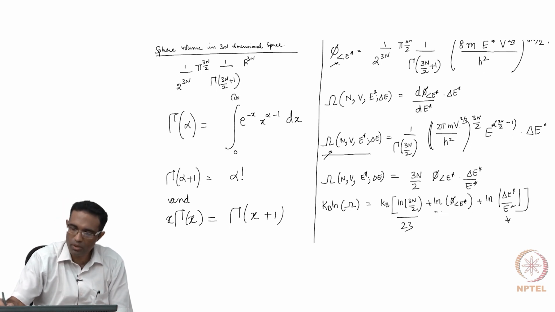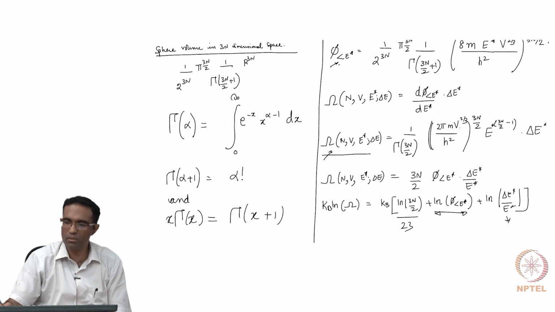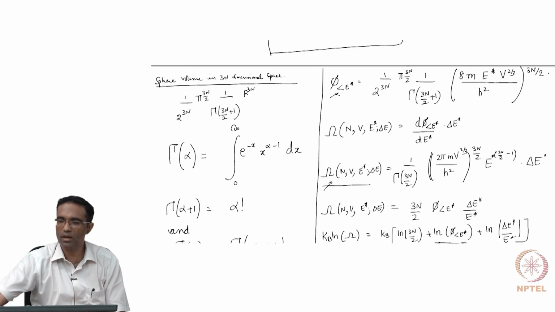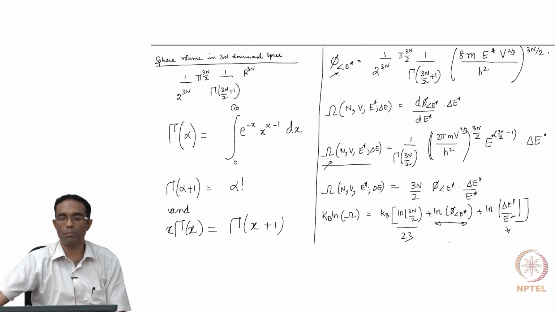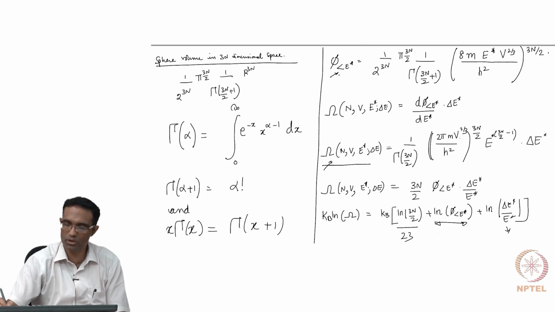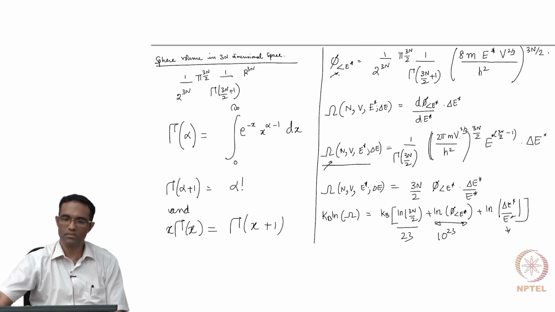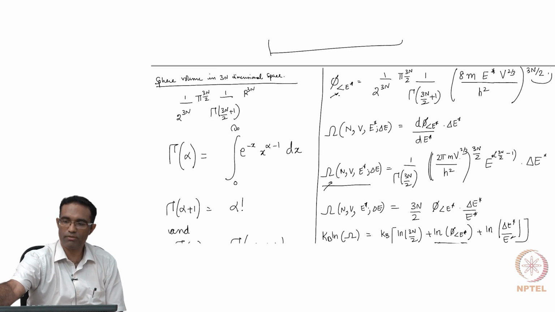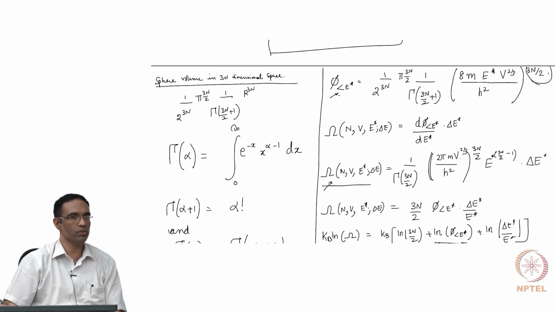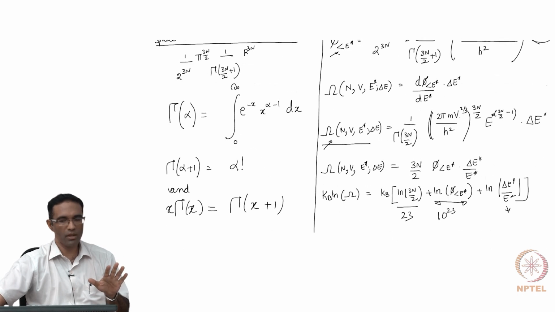Look at this central term. This term has power N or power 3N by 2, so it is going to be of the order of 10 to the power 23. What this essentially means is